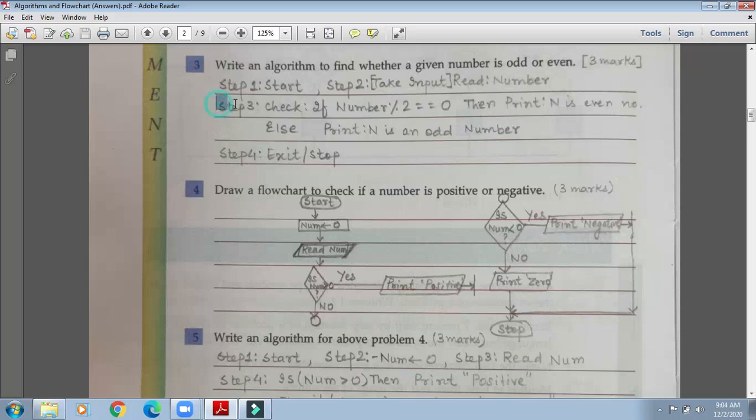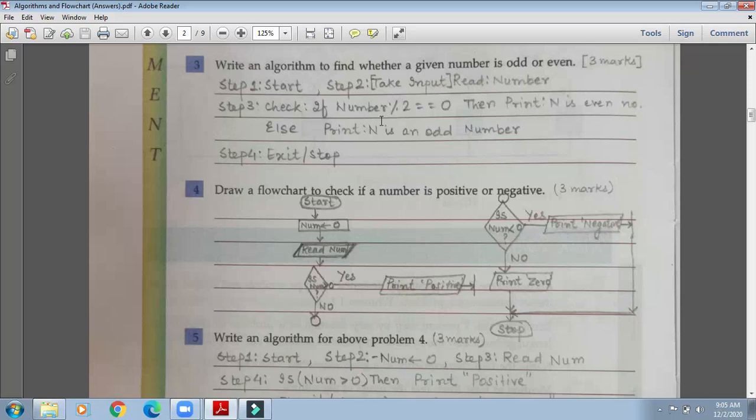Now step number 3, the most important step, we have to check if number divided by 2. Okay, this is the sign for remainder, this is modulus, the percentage sign. So if number divided by 2, instead of divide we have used modulus, it means that it will give us a remainder.